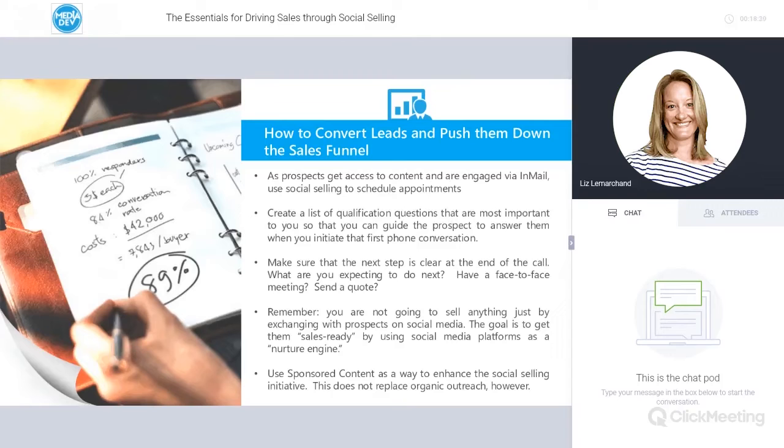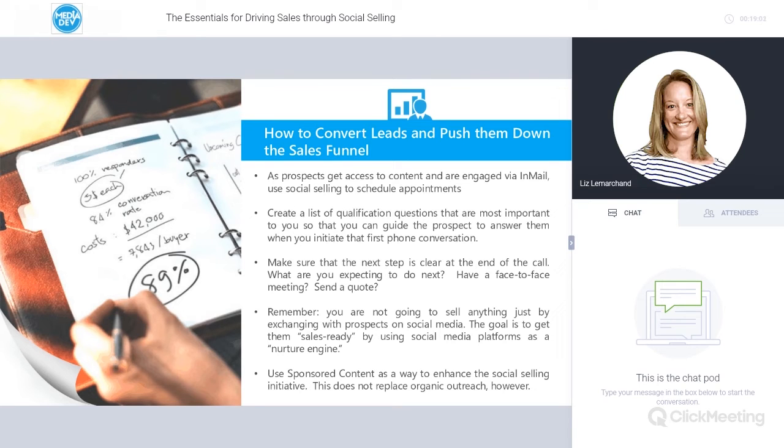In order to maximize the use of social selling, you should integrate it as part of a holistic marketing program. So for example, if you're hosting a webinar, you can send personalized messages to prospects via InMail, inviting them to attend. You can make several posts over the course of a few weeks on your profile thread or your showcase page to entice your network to register. You can use social selling as a platform to provide your prospects with valuable content, and then you want to encourage them to engage with that content.